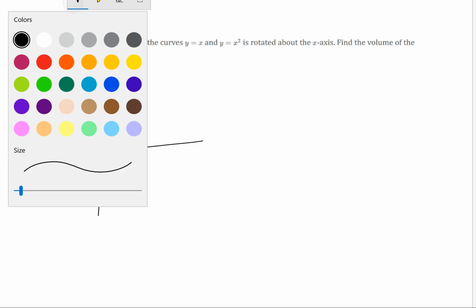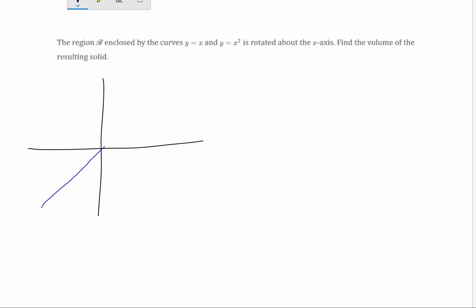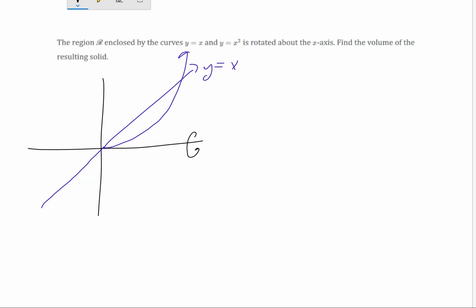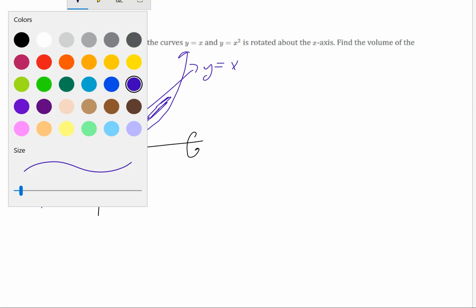So y equals x, just a straight line through here. And then y equals x squared is this parabola, okay? And we're revolving around the x-axis. Now notice there's some space in between the x-axis and the region that we're rotating, because the region that we're rotating, of course, is this stuff that's in here. Okay? Now, because there's a gap in there,